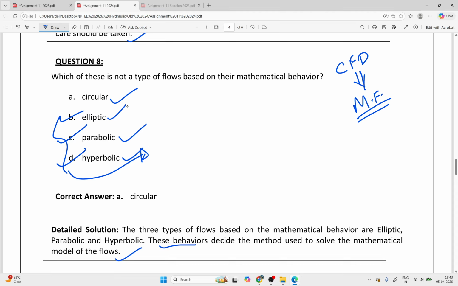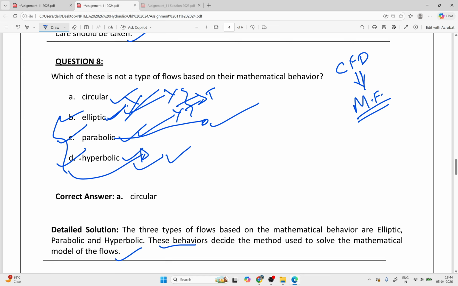Why? Because if you do not check these things, you will try with elliptical, maybe parabolic, maybe hyperbolic. You will fail here, you will fail here, maybe you will succeed here. So this time will be lost. Suppose your problem is parabolic type and you are not checking. If you start with parabolic, it is very good. But by mistake, if you solve with elliptical and then parabolic, this time will be lost. So you have to check very carefully.